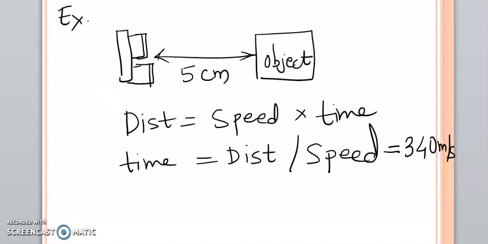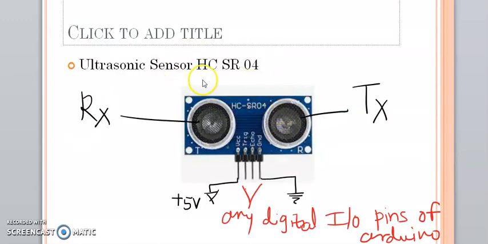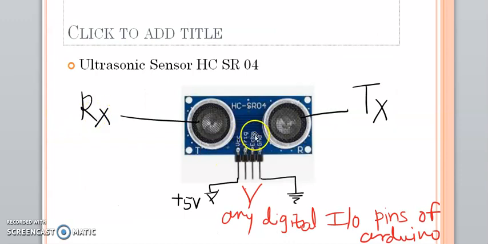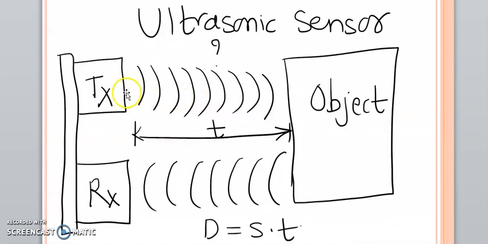But as discussed earlier, the ultrasonic sensor HC-SR04 has trigger and echo, these two pins, which need to be used. As discussed earlier, the trigger pin is used with the transmitter, which means by using this pin, ultrasonic waves are going to be sent from the sensor. Then with the help of the echo pin, you are going to measure the total travel time of the ultrasound.